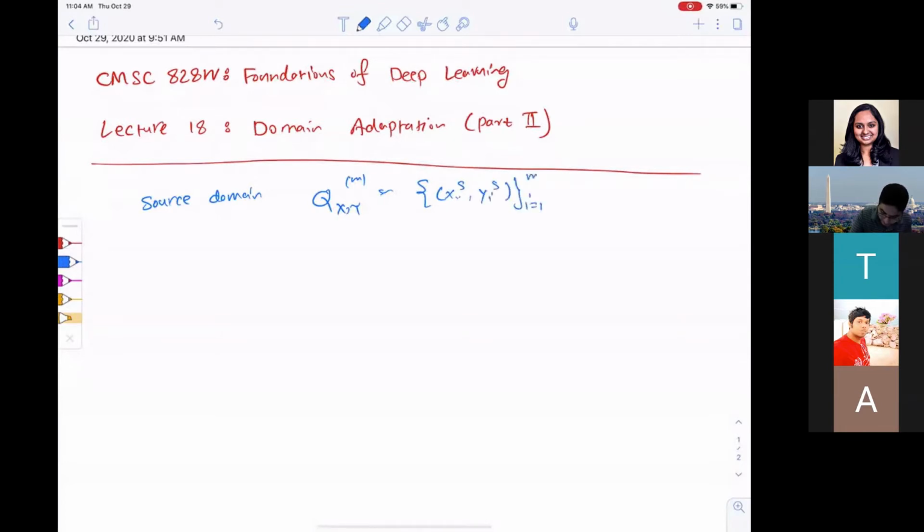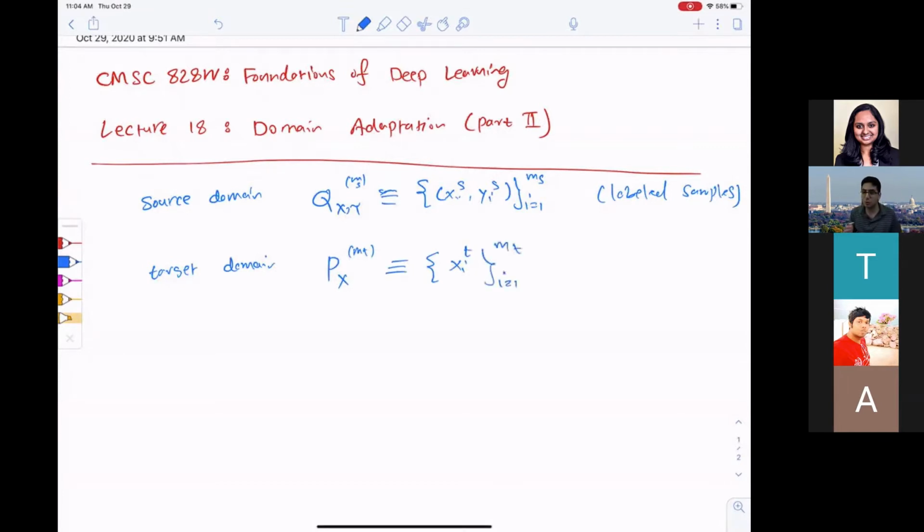Again, for simplicity, let me actually be general. So we observe m_s samples from the source domain. These are labeled samples. From the target domain, we observe only unlabeled samples. The target distribution P, I observe, let's say, m_T samples in the form of x_i^t. So the goal is to learn a function